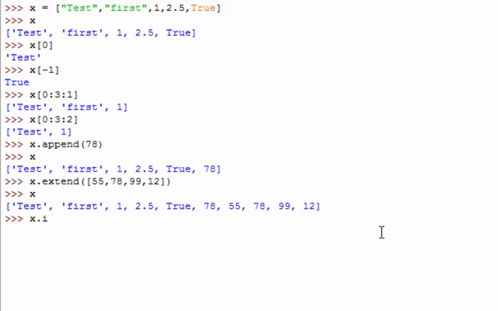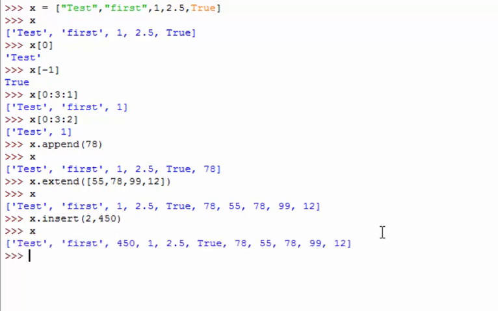One more method is insert. It has two parameters. The first one is the position. Let's say I would like to add the value at the second index. So 2, colon, the value is, let's say, 450, and this is x. Taste, first, 450.